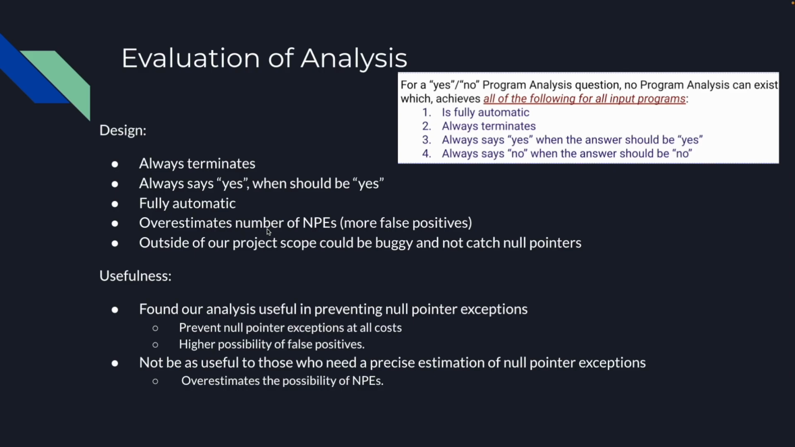Also, if the tool were to be used outside of our project scope, it could be buggy and not catch null pointers. For the usefulness, we have found that our analysis is useful in preventing null pointer exceptions. This is the case for users that want to prevent null pointer exceptions at all costs and don't mind the higher possibility of false positives. Although this would not be as useful to those who need a precise estimation of null pointer exceptions, because it overestimates the possibility